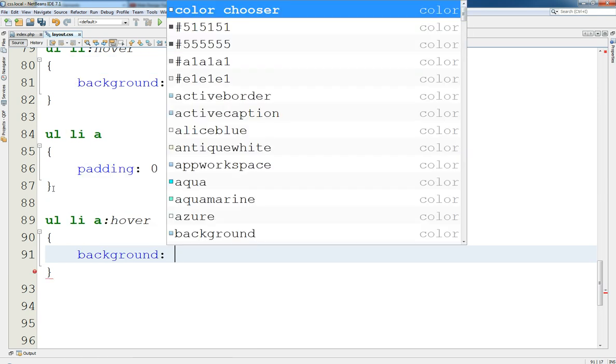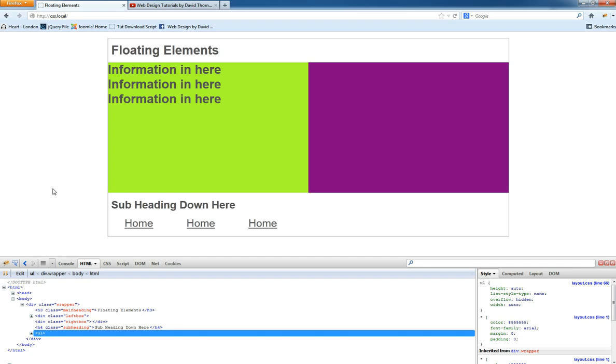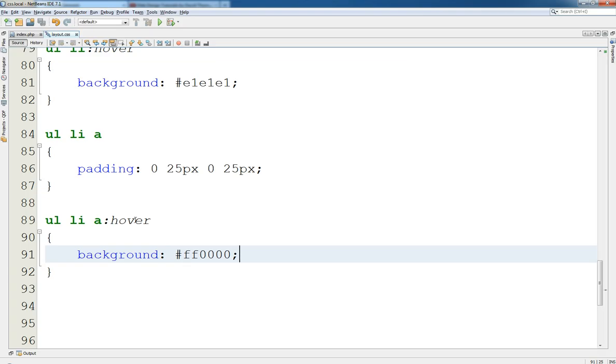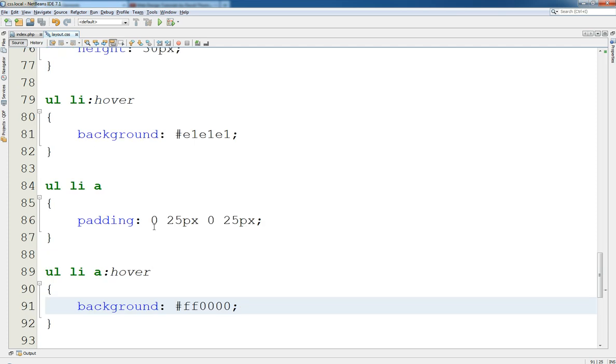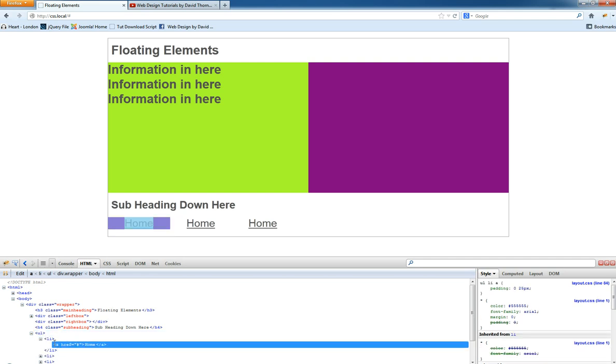See what space this tag is taking up when we hover over it, shall we? So let's just set it to red. Okay, and as you can see, it's only taking up the width of it. It's because we told it it's got padding 25. So it's the padding that is taking up the space, and the list one inherits the size of the